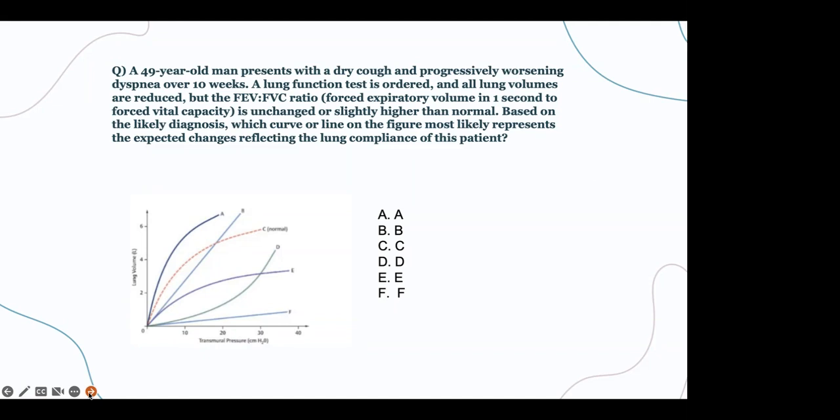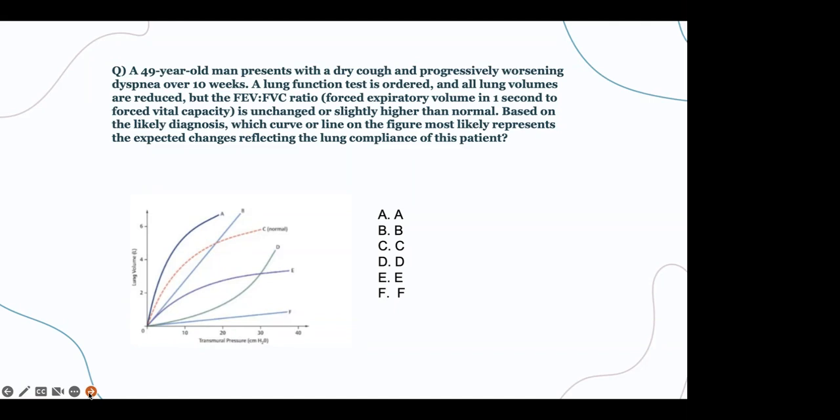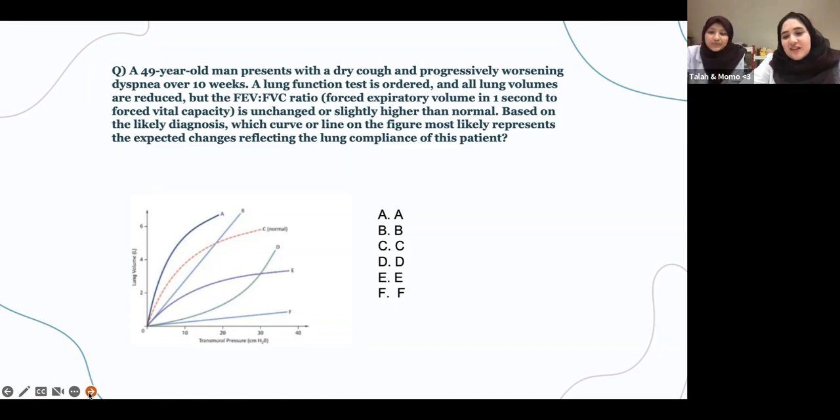It's restrictive lung disease. Exactly. Everything increases. So the FEV1/FVC ratio is either around 80% or a little bit higher. Okay, perfect. He probably has fibrosis. So this is a case of pulmonary fibrosis, and as Shahad just explained, it is a restrictive pulmonary disease. Therefore, when we see that the FEV1/FVC ratio is unchanged or slightly higher, you directly know that it's